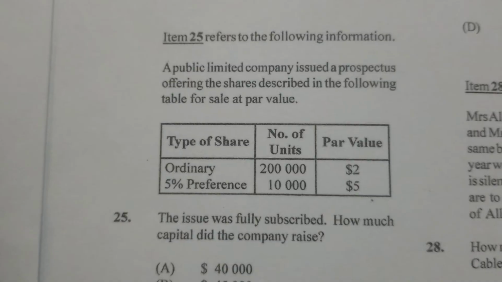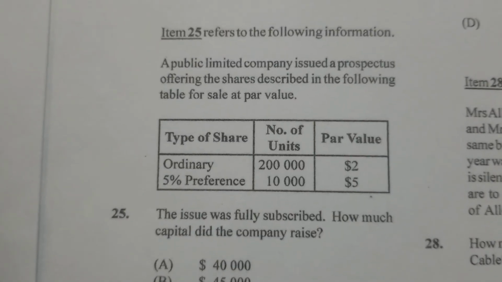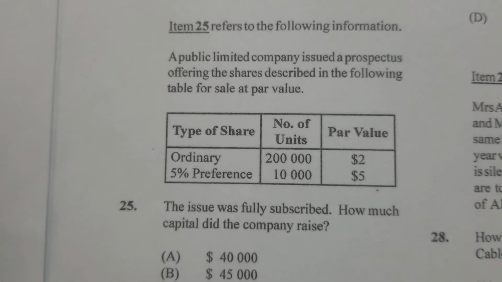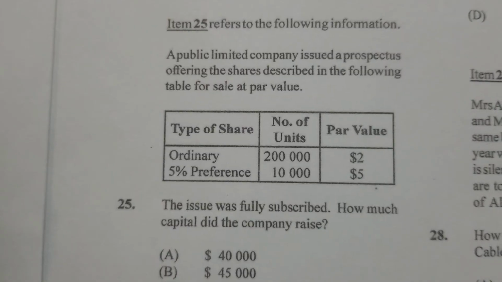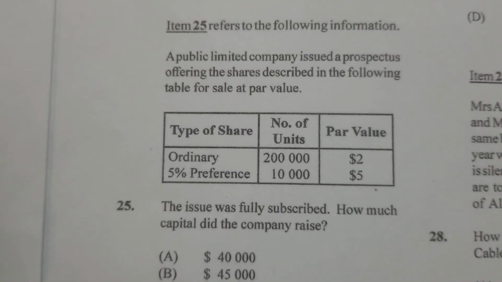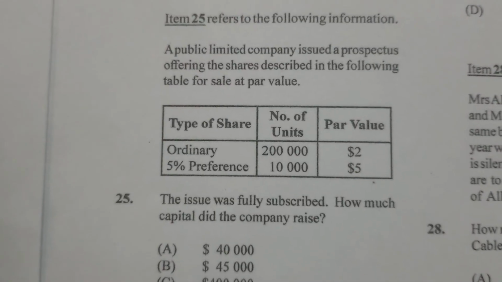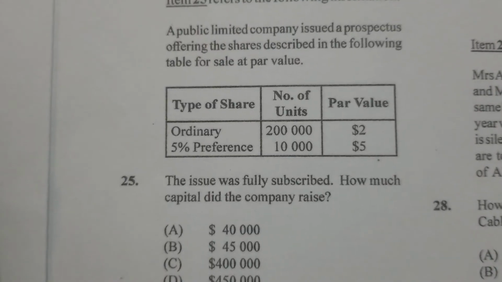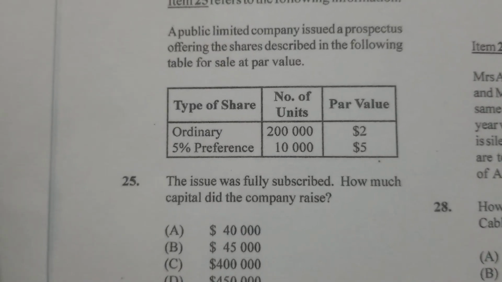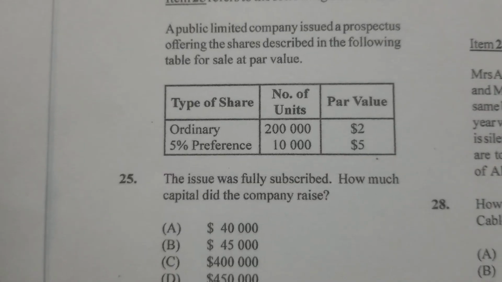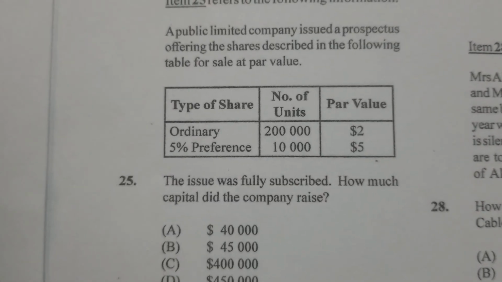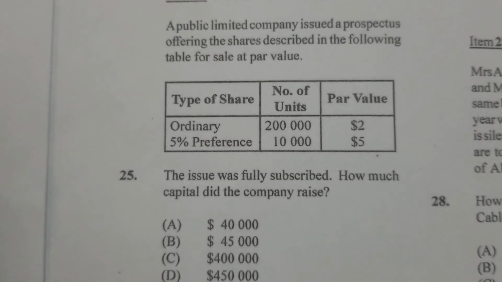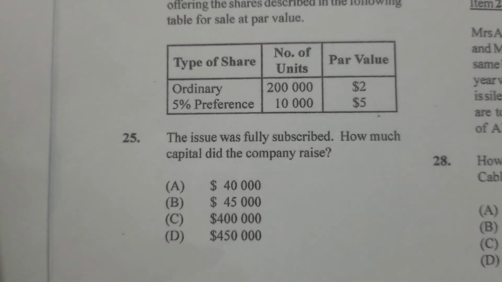All right, so we are now at question 25. Question 25 refers to the following information, and it says a public limited company issued a prospectus offering the shares described in the following table for sale at par value. They say the issue was fully subscribed. How much capital did the business raise? What we're expected to do is to multiply the 200,000 times the $2 and the 10,000 times the $5. And the answer you will get is D,